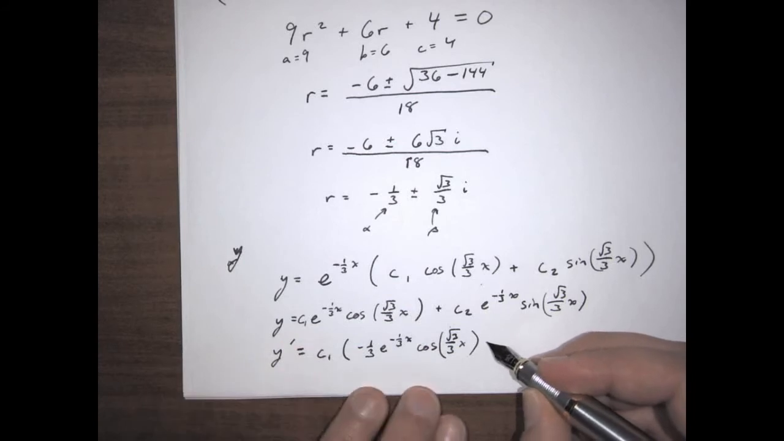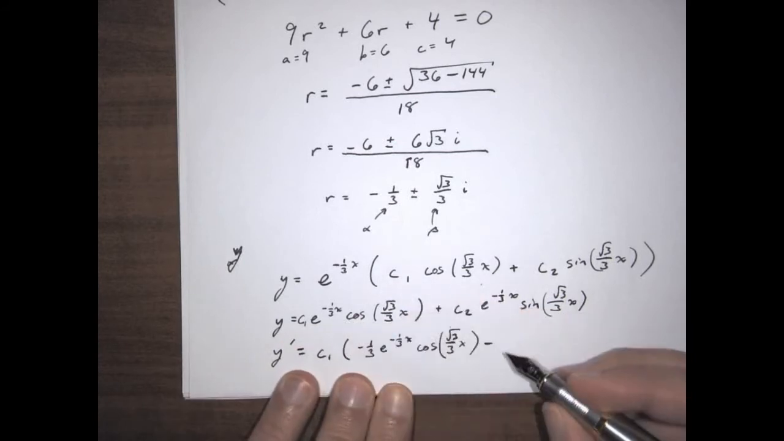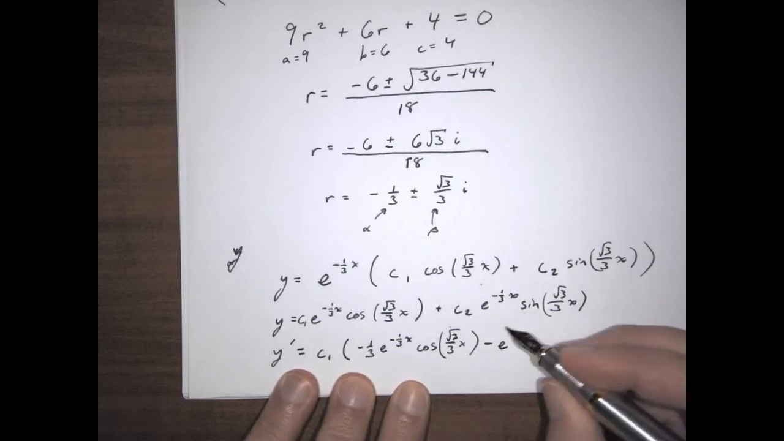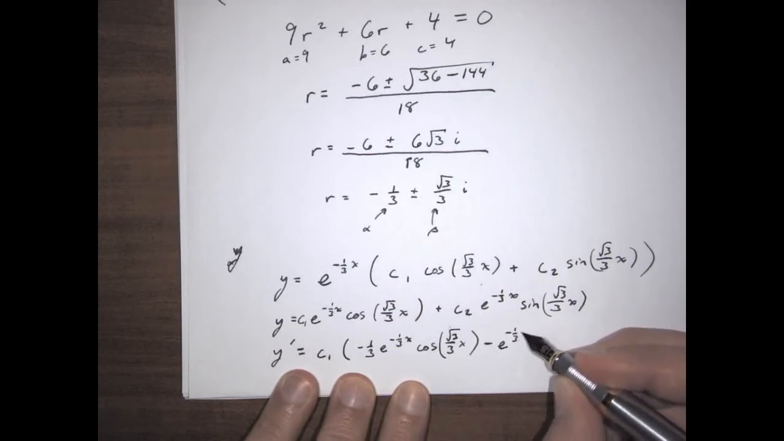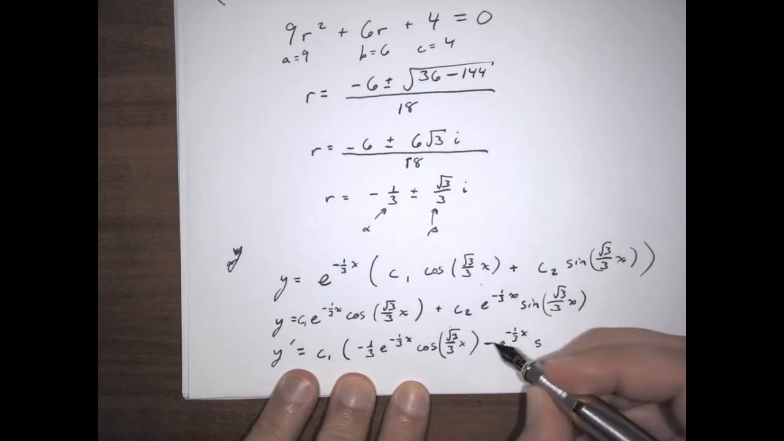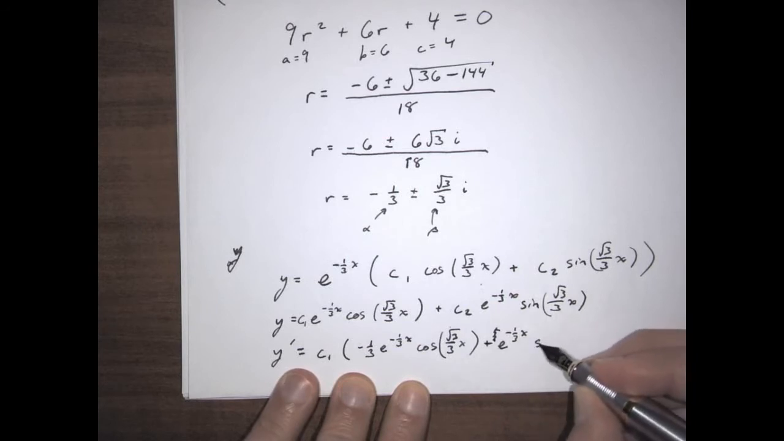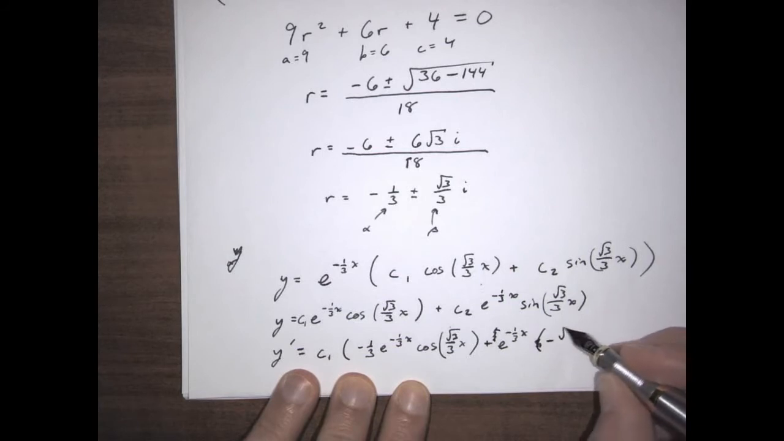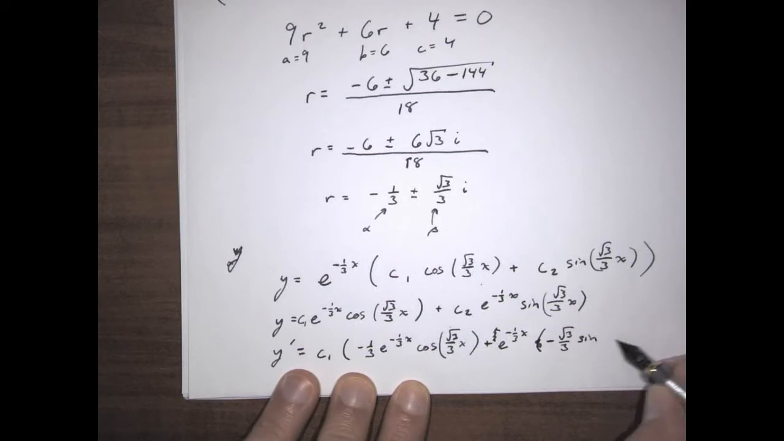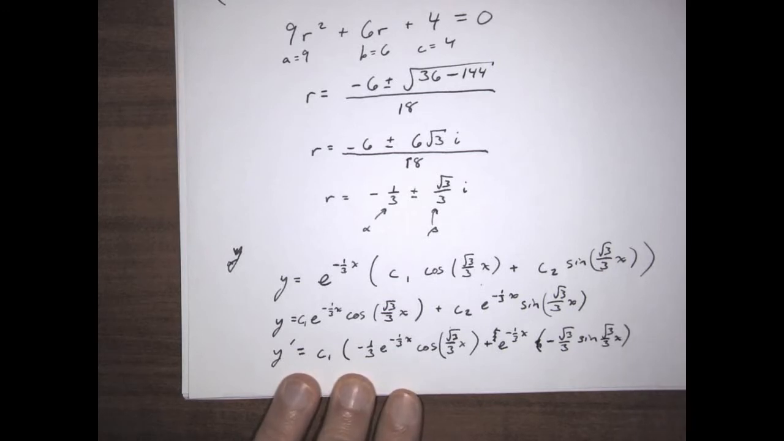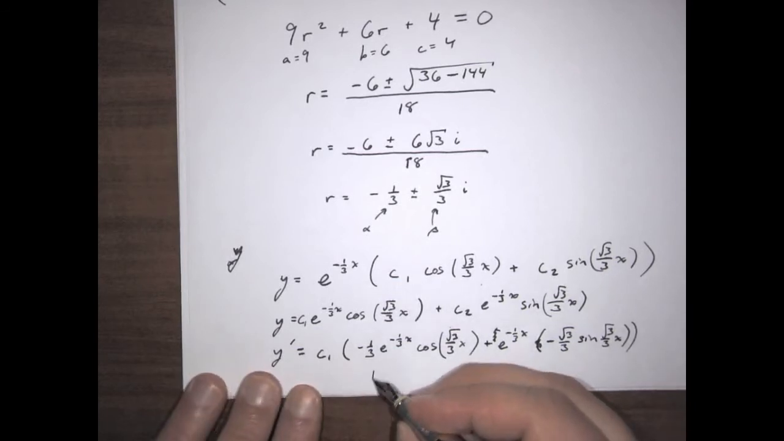and then we're going to take the derivative of the second, leave the first alone, so it's going to be e to the negative 1/3 x, here, I'll just write it like this, plus e to that times negative root 3 over 3 sine root 3 over 3x, plus